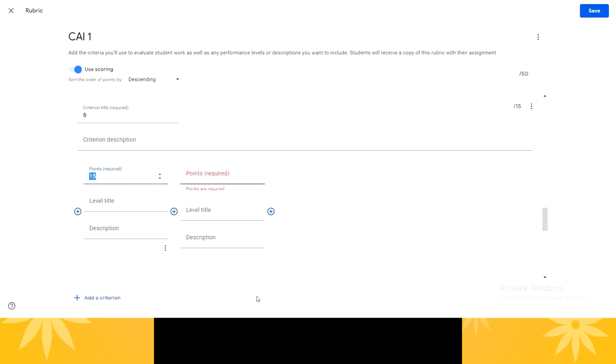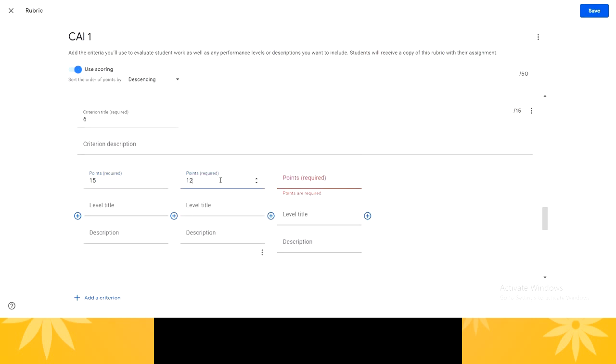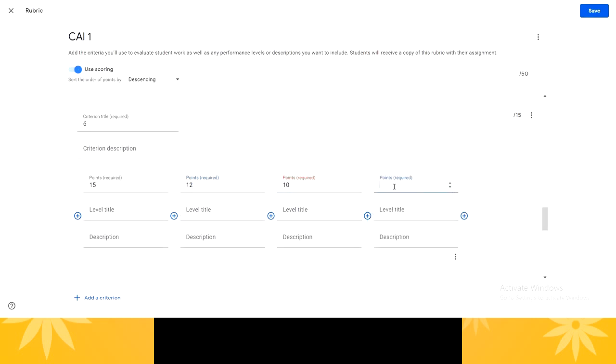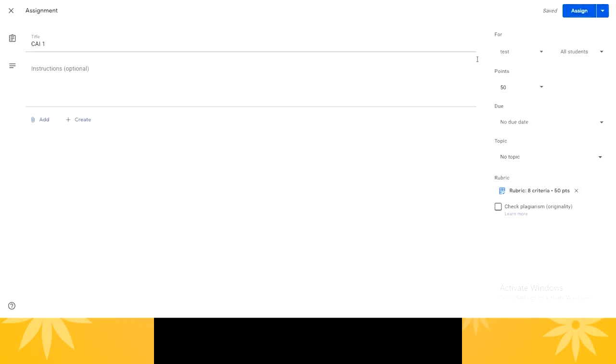Out of 15, okay, if the answer given by the student is completely satisfactory for me, I can award 15 marks, or else I can give 12 marks, or again 10 marks, right? Again 7 marks, or whatever may be the level that I can add it here. Let us see how this is working. Okay, right, now I have saved that and posting the question paper to all the students.